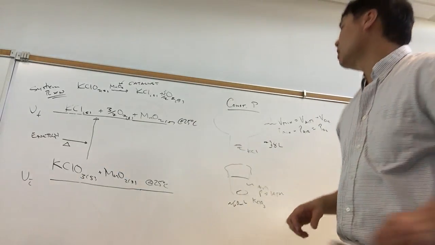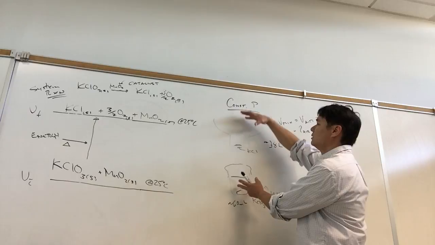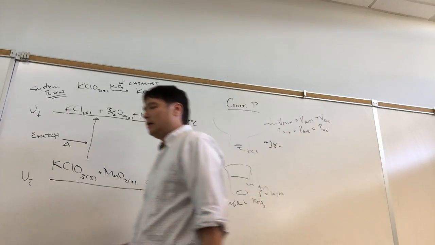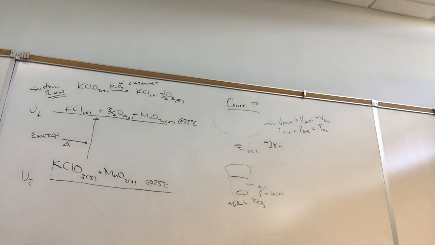And so if energy is required to blow up this balloon from here to here, then that means this: the amount of heat you have to add is different. If I did this under constant volume, I add a certain amount of heat. If I do this under constant pressure, do I add the exact same amount of heat or a different amount of heat? I add a different amount of heat. And the different amount of heat is because of the work that was required to expand that balloon.